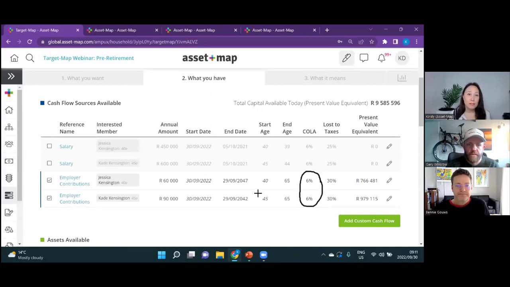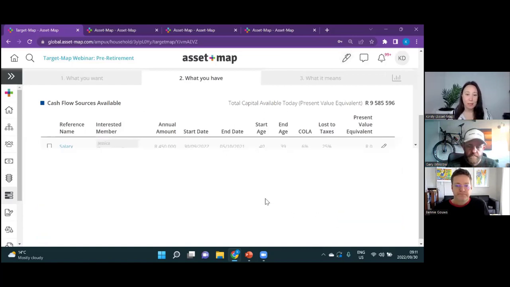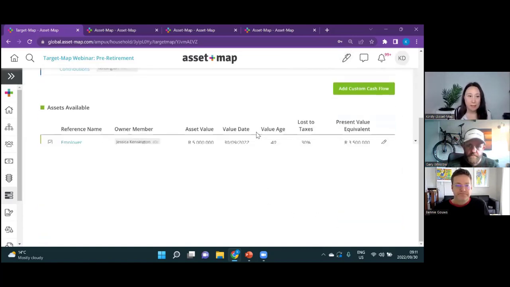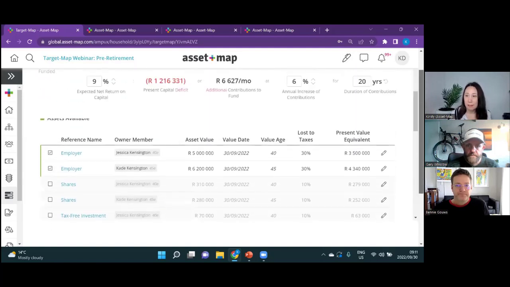The model will default to 0 because you want to be sure the client is committed to increasing it year on year in order to include that. But if they are, or if it's contributions that are going to increase with their salary by inflation, then you want to put that in over here. The other points I want to point out here, if we go to assets, so let me just scroll up,